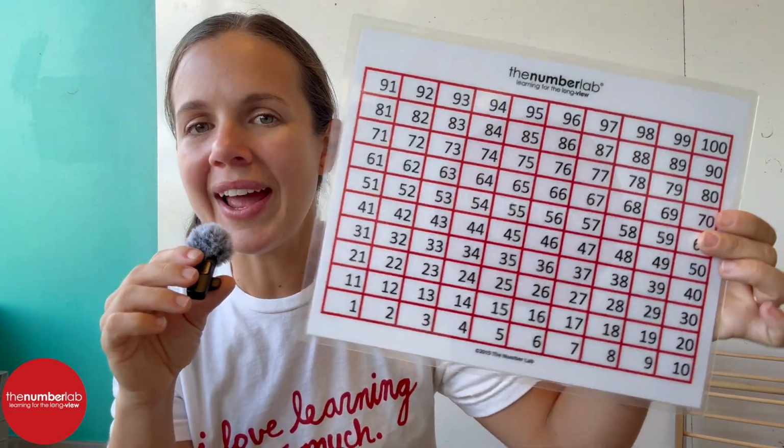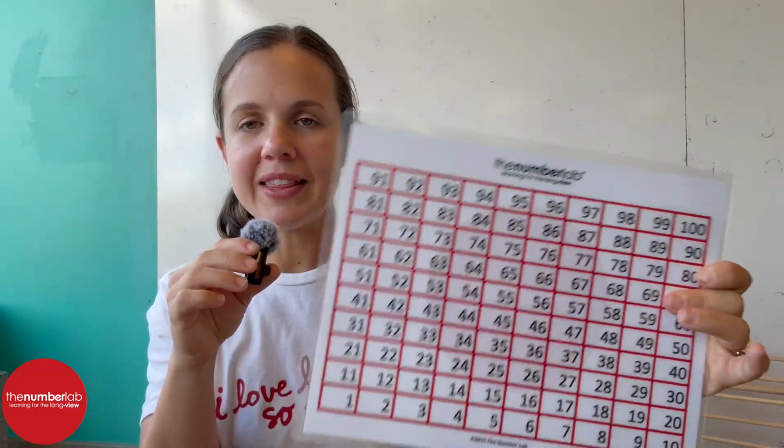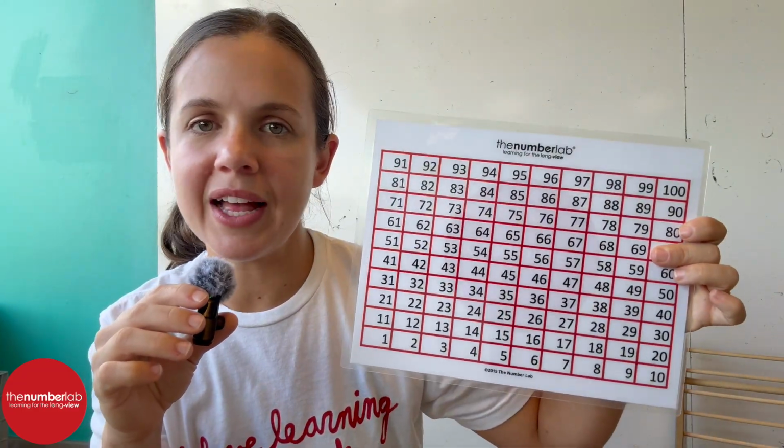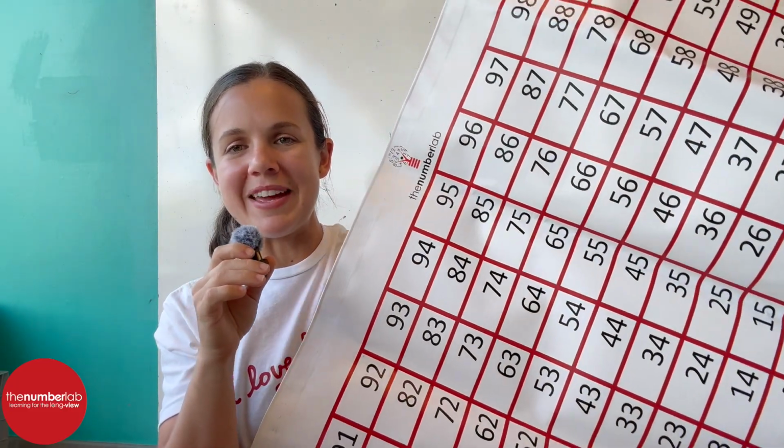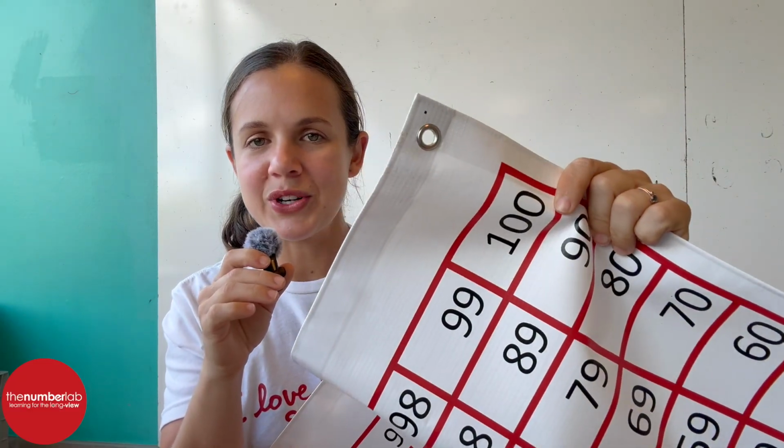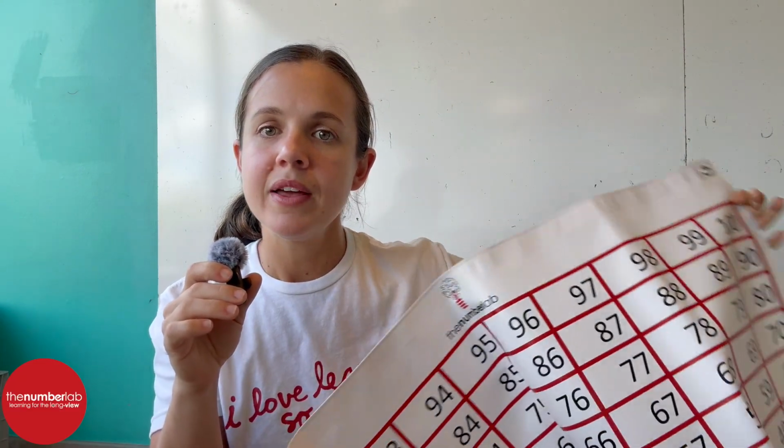So I have printed out these 100 charts and laminated them. I have several of these that are just like my classroom ones that I use with my kids, and I use those as the partnership 100 charts. Then I also have a large 100 chart. It looks like this. It's very big. It has the grommets over in the corners, and I'm able to use that to hang this one up in the classroom. And then this will be the one that we gather around as a group,